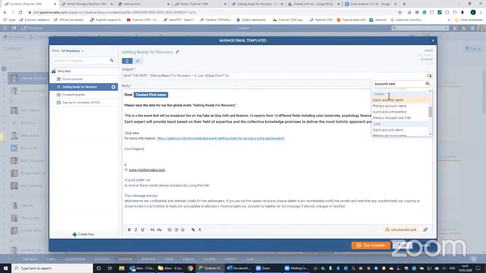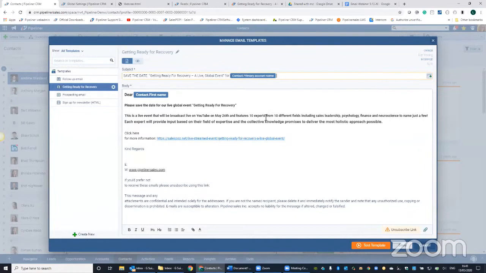Now, I'm going to be sending this template from the contacts area, and that means that this is the one that I need to pick. So you'll see here in my personalization, I've got contact dot company name, primary account name, in the same way that down here, I've got contact first name. Okay, and that means that Pipeliner knows where it is, and it knows to pull the right information from the right area. You start just inserting this one,